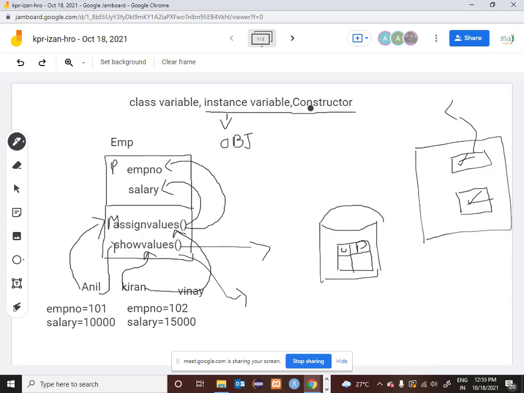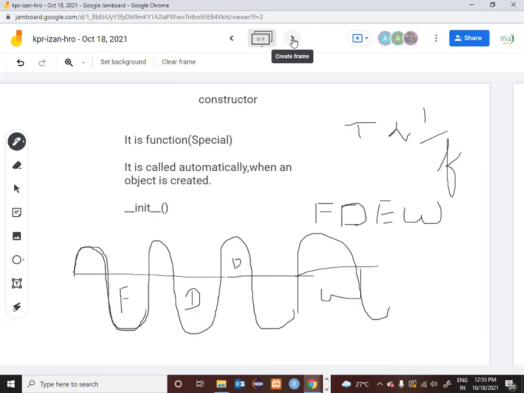We understood what is a constructor. Now we shall see what is a class variable. Very important. In order to understand what is a class variable, let's take one example.